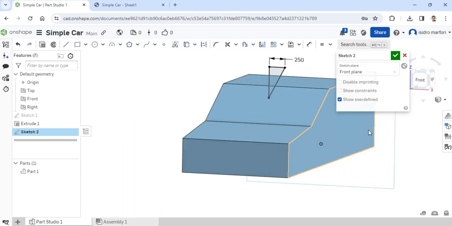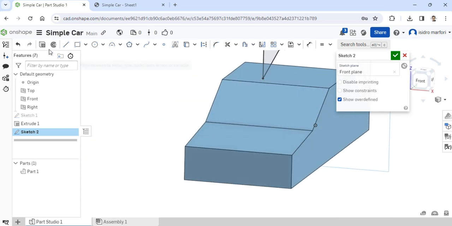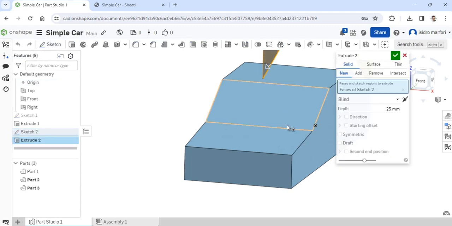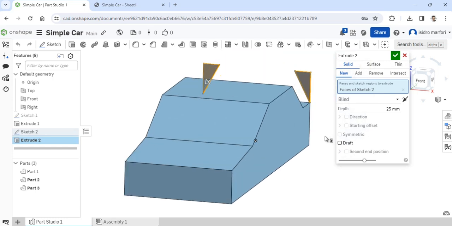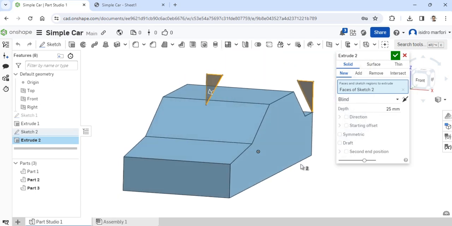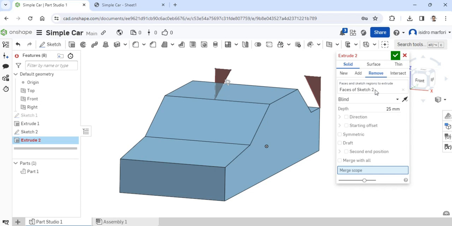From here, we could now use the two rectangles to cut our 3D model. To do that, we use the extrude tool as well. The extrude tool in Onshape can be used both for creating solid and cutting solid. In this case, since we are going to cut it, we simply select remove from the options here. There are many ways to do this.